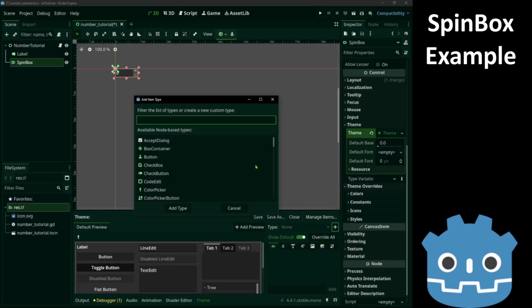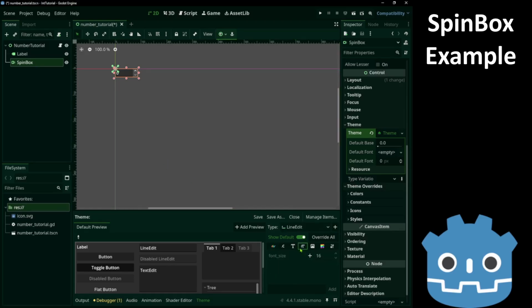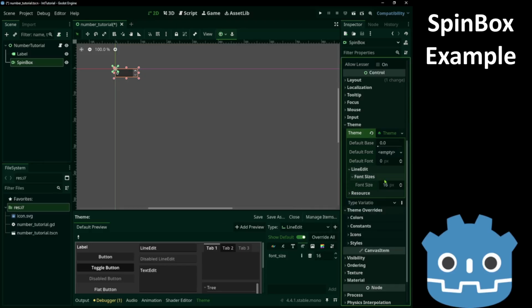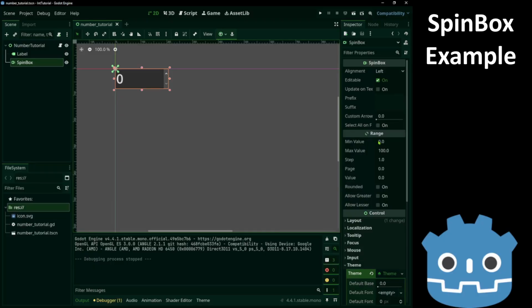Add a line edit theme. And select font size. Now we have it here. Let's change the step to allow float values as well. Now it shows 0.0. That's because it's viewed as a float.